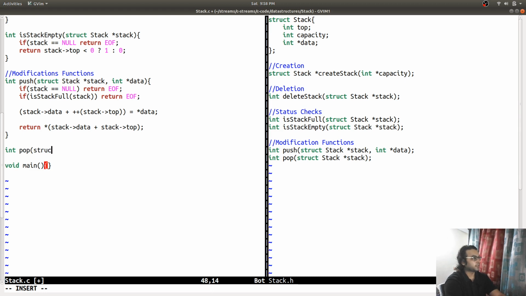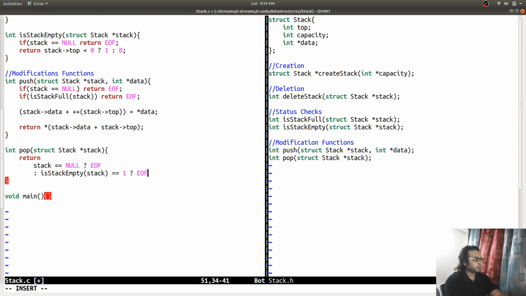Pop removes a value from this structure. If stack is equal to null, then return end of file, else if stack empty, return end of file.